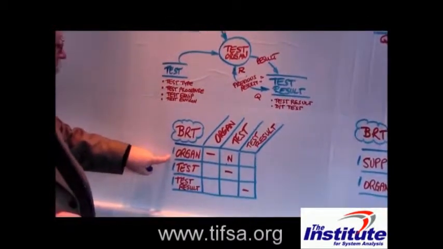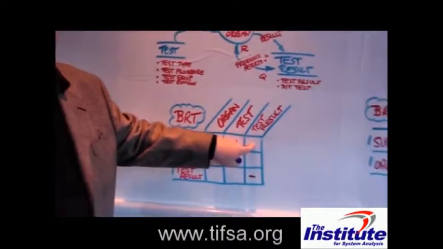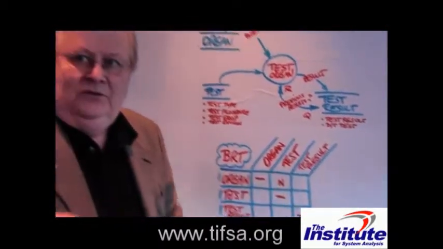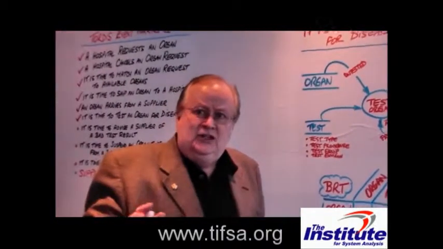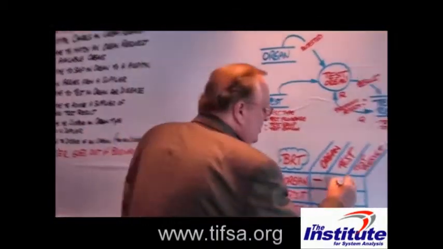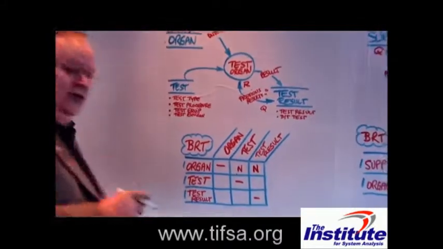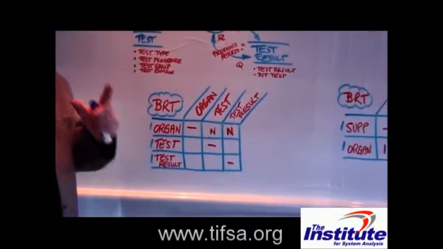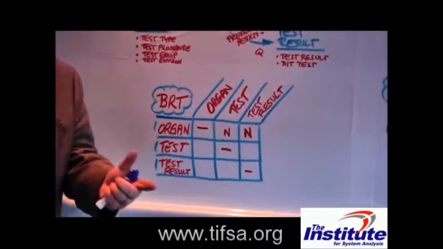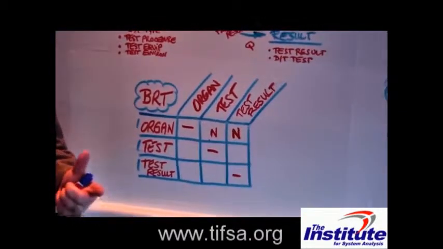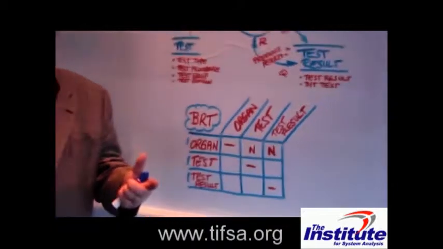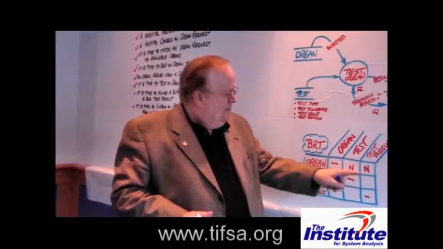For a single specific organ, how many test results would we get? Would we get just one? And the answer is no, we wouldn't get just one. We'd get several test results. And we'll never get none because we test all organs, even if they're already past the 48-hour life expectancy when we receive it and we test it. By the time we test it, we still have to test for all the diseases. So several tests would apply to the organ, and several results are recorded for the organ.